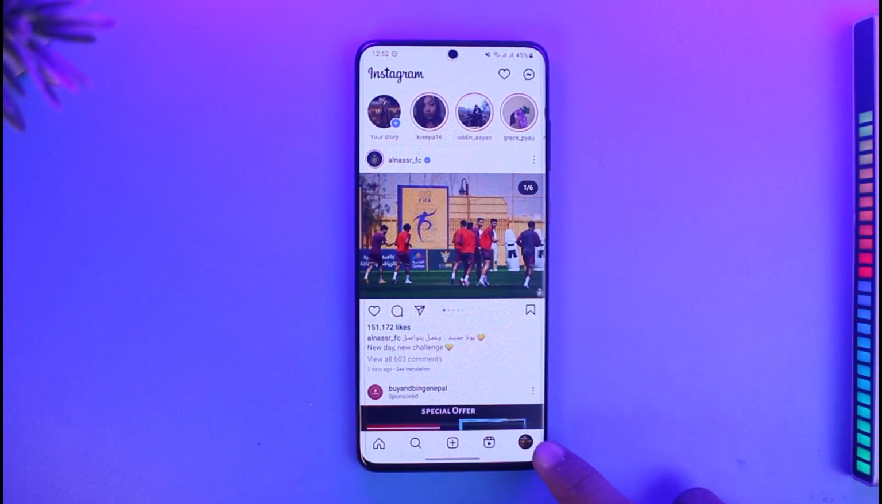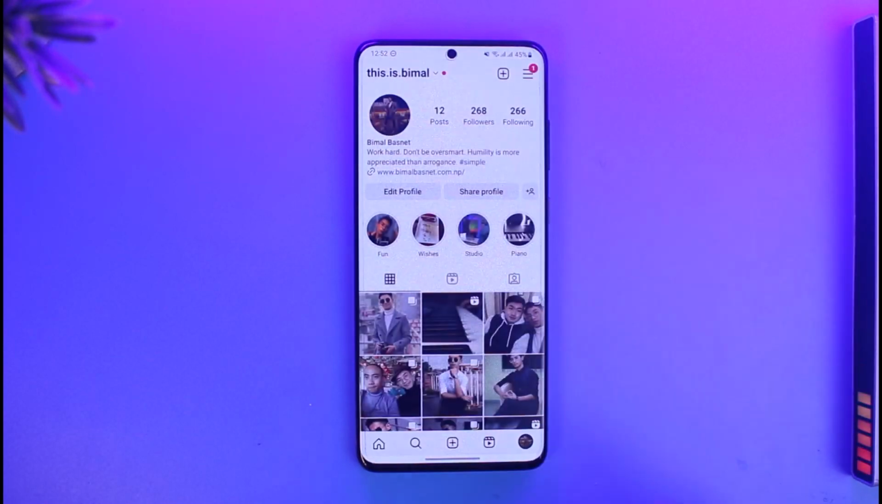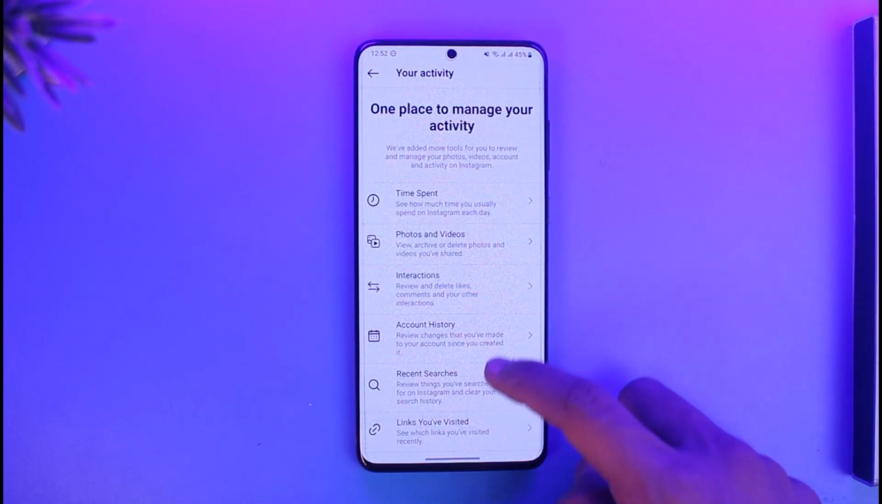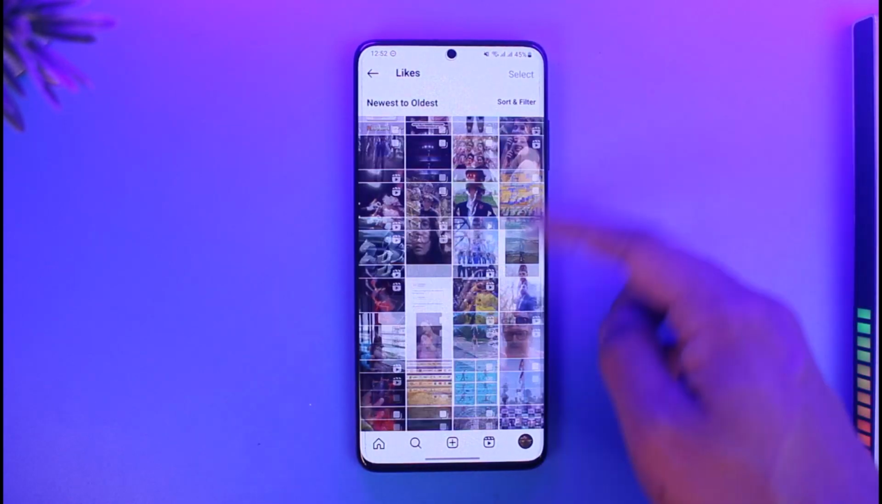For that, just come to your profile page, tap on the three lines icon, go to the option called your activity. Once you come to your activity, go to the option called interactions, and once you go to interactions, go to likes, and then once you go to likes, here you'll be able to see all of the posts that